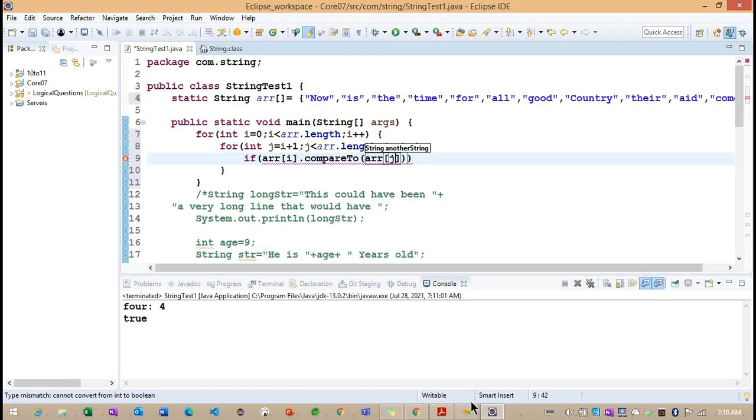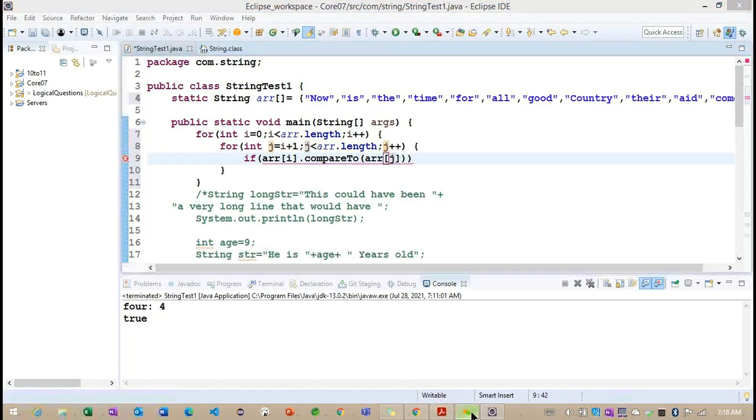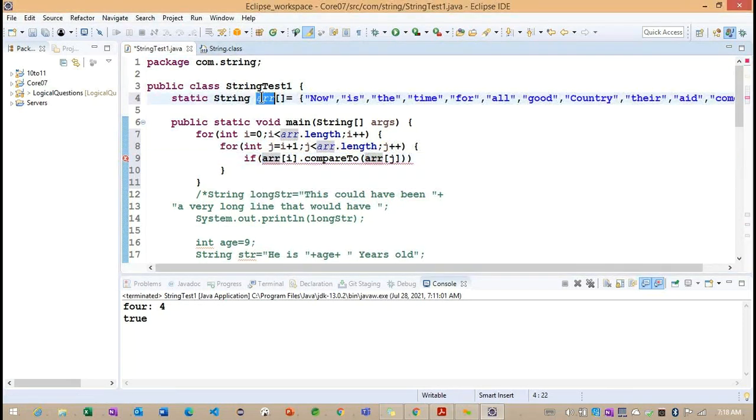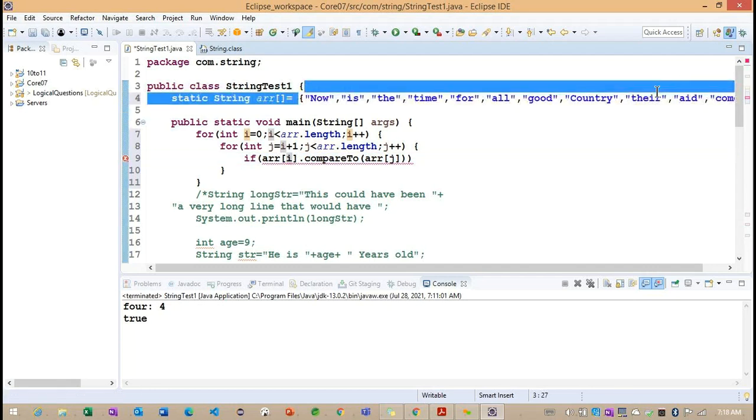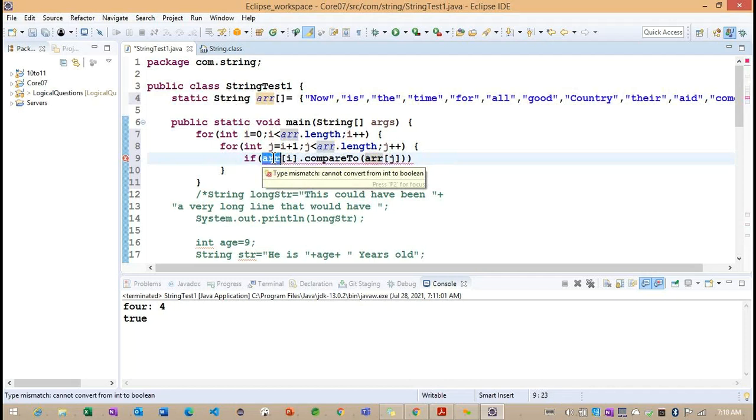This section of code is very important. arr[i]: arr is coming from here, and i is the index, because this is an array, a string array we created. We need to focus more on arr[i] and arr[j].